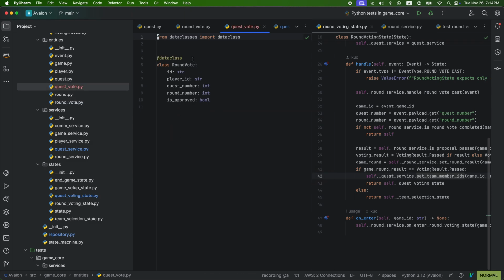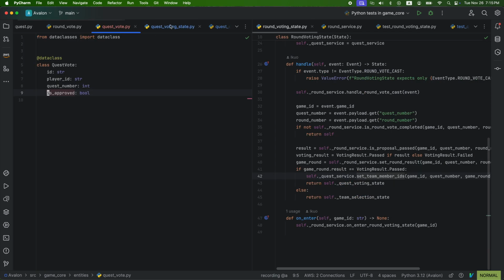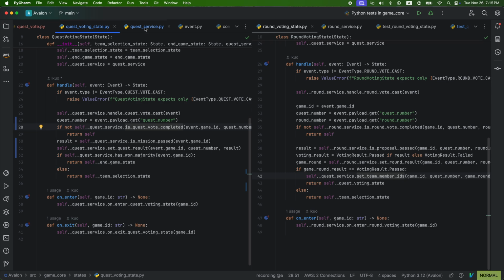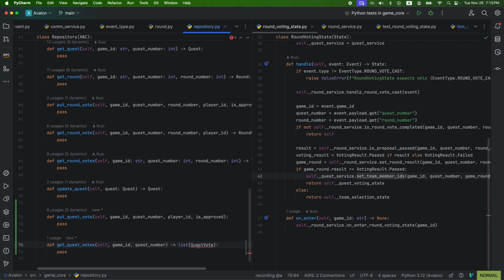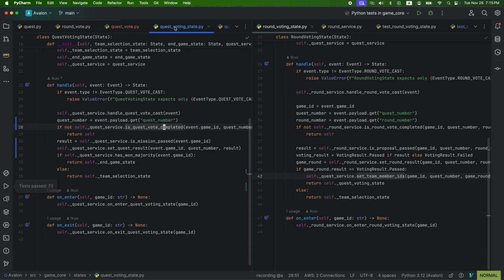Now let's rename this instead of round vote. Basically it's the same exact thing. So now we have a quest vote class. No, it was in the repository. So we're able to return a list of quest votes. Good. Coming back,